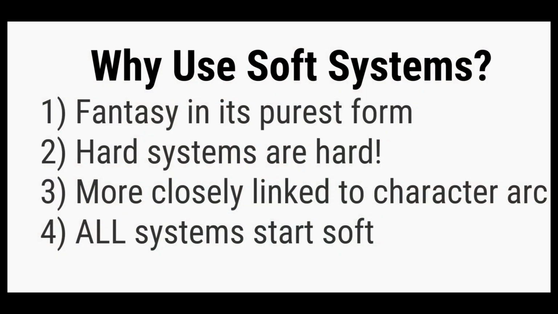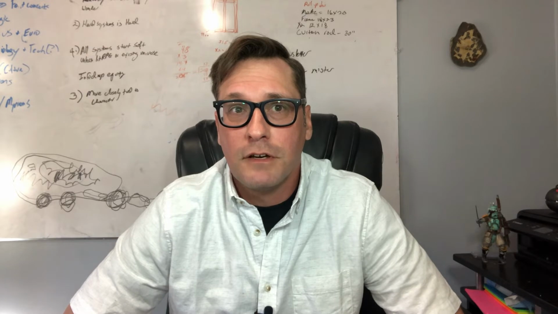Fourthly, all magic systems start soft. It doesn't matter how crunchy it is, how hard it will become. When the audience first encounters the magic, usually through the characters encountering it, it's going to seem strange and otherworldly, and as time goes on, the story will explain away the magic. This is infodump equity, which is the movement of soft to hard.